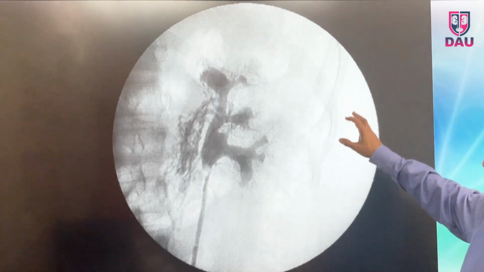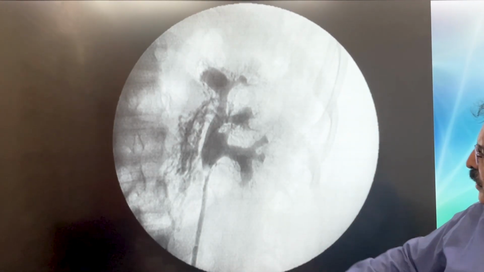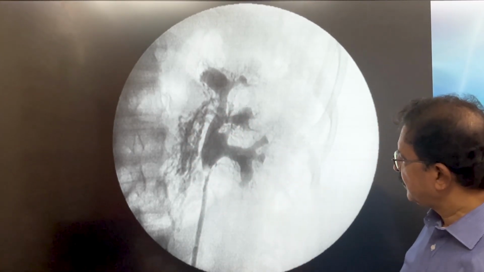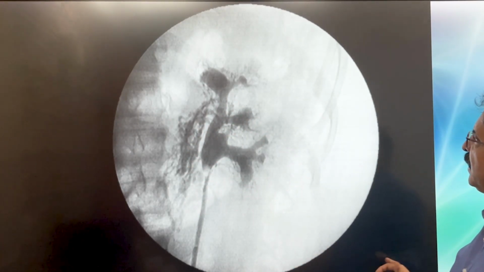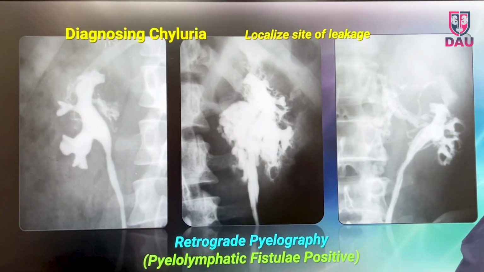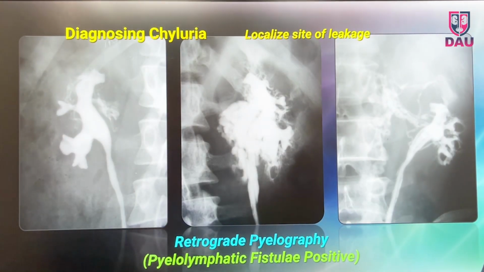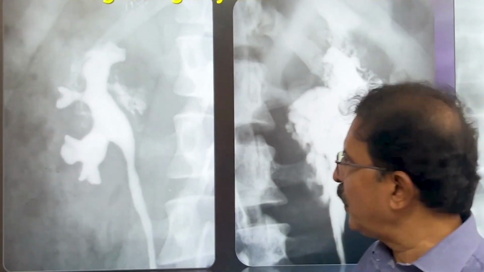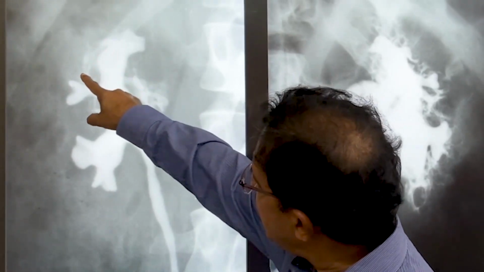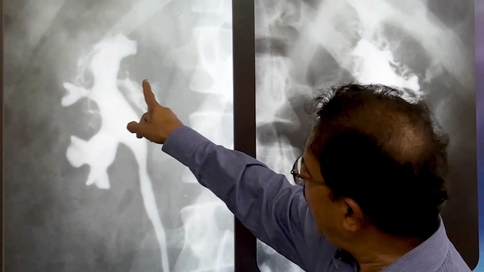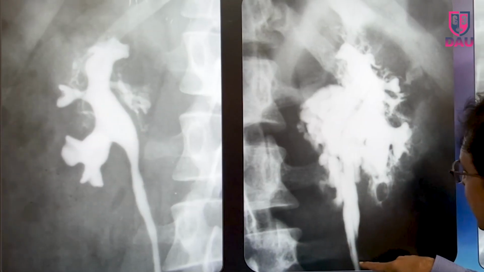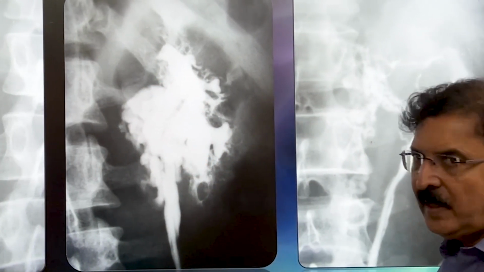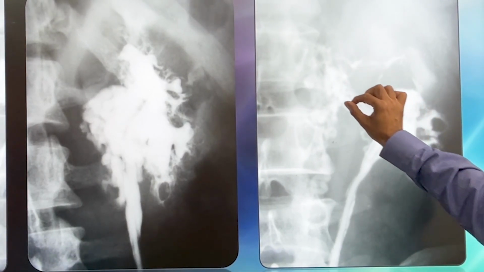You can create such pictures by retrograde pyelogram where you will see the pelvis and you see a lot of leakage in the lymphatics around the kidney. You can actually take X-ray films, and in X-ray films we have seen all varieties of lymphatico-urinary fistula. Somewhere from the fornices, somewhere from the infundibular area. In some patients, they are bullous, varicose kind of lymphatic channels. In some patients, there are tubular kind of lymphatic channels going